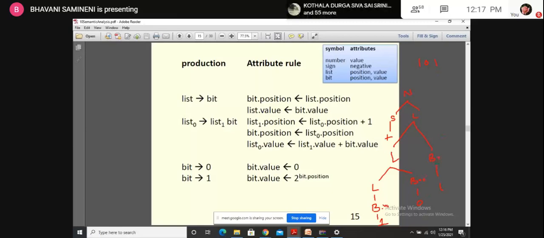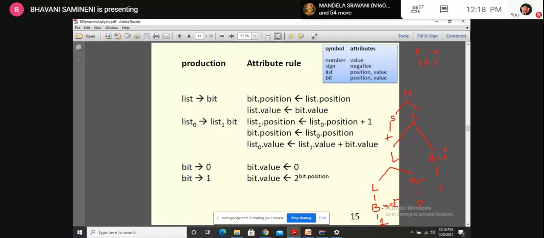This B value is equal to 2 power bit position. Let us take the bit positions as 0, 1, 2 and the value is 101, right? Bit value is equal to 2 power 2, here bit value is equal to 0, and here bit value is equal to 2 power 0.